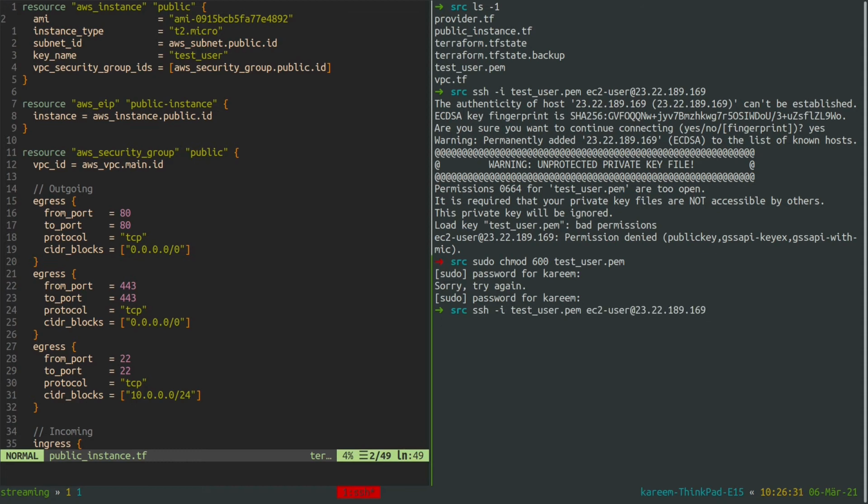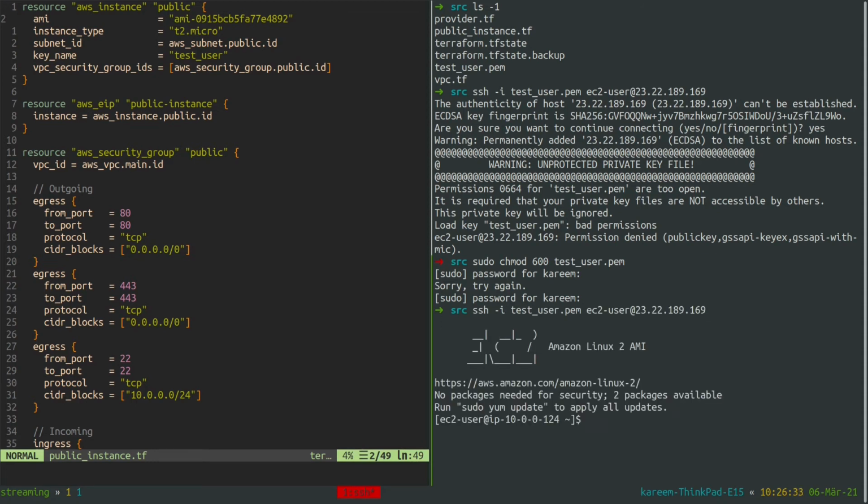Let me try again. So right now I am on my EC2 instance here, and yeah, if I try to find, for example, the public IP address, it should be exactly the same as the one I tried to log in with.